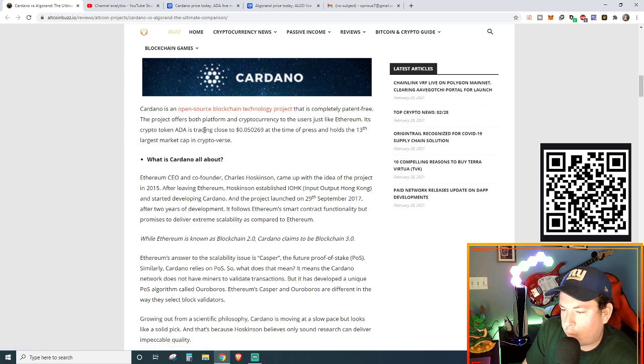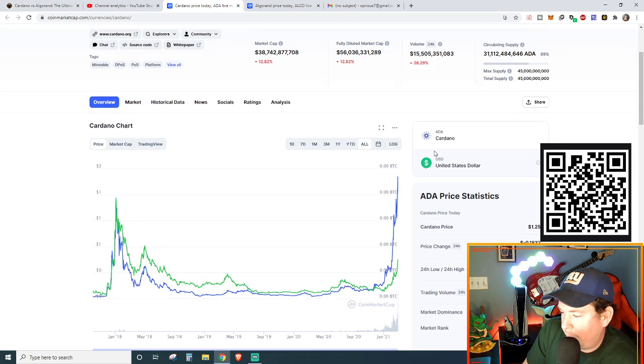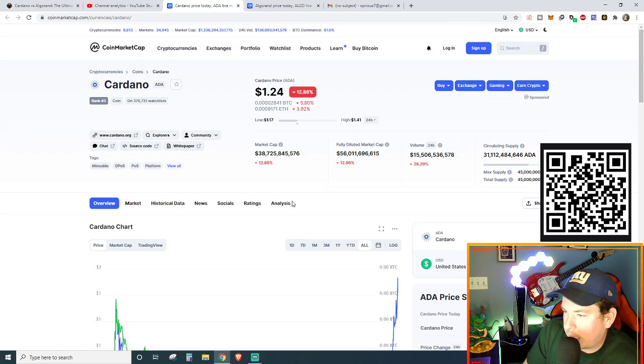So at the time of this writing, it says Cardano ADA was trading at 5 cents. Cardano ADA is currently at $1.25. It is number 3 on CoinMarketCap. If we go down here, its market rank out of all the cryptocurrencies is number 3. We are looking at, where's some of the volume here? We're looking at a 24-hour volume of